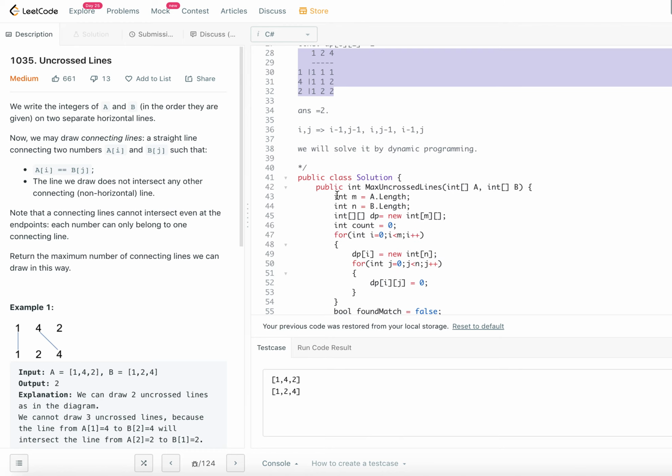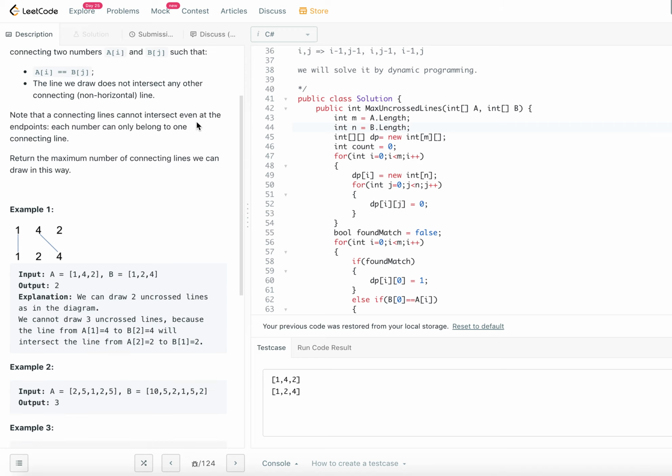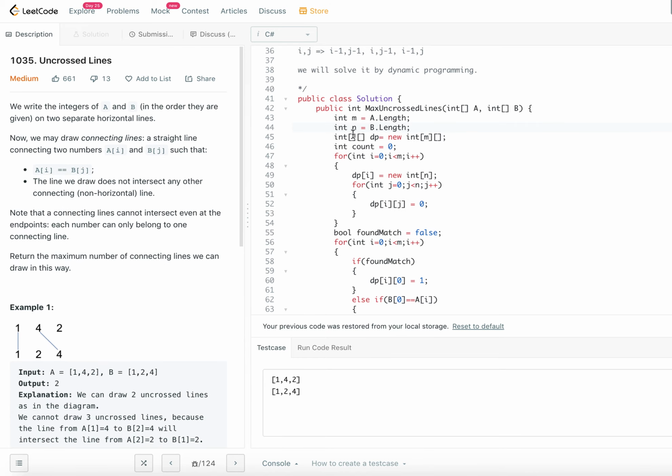It will follow exactly the idea that we followed when we filled this DP array. So we are going to get the lengths of A and B first, right? Length of A I'm calling M, length of B I'm calling N, because lengths are not the same. Just by looking at a few examples given here, you can easily say lengths are not the same. That's why they are M and N. So I'm declaring a DP array of size M by N, and the array is initialized as zeros first.